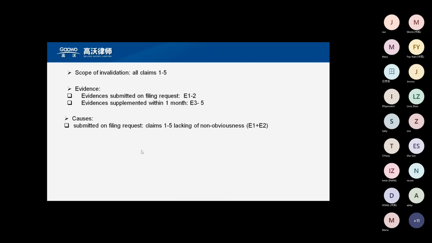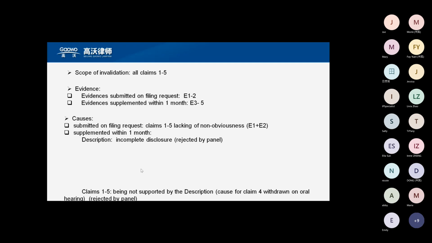Regarding the reasons for filing the request, I challenge claims 1 to 5 as lacking non-obviousness based on the combination of evidence 1 plus evidence 2. Within 1 month, I supplemented further reasons,